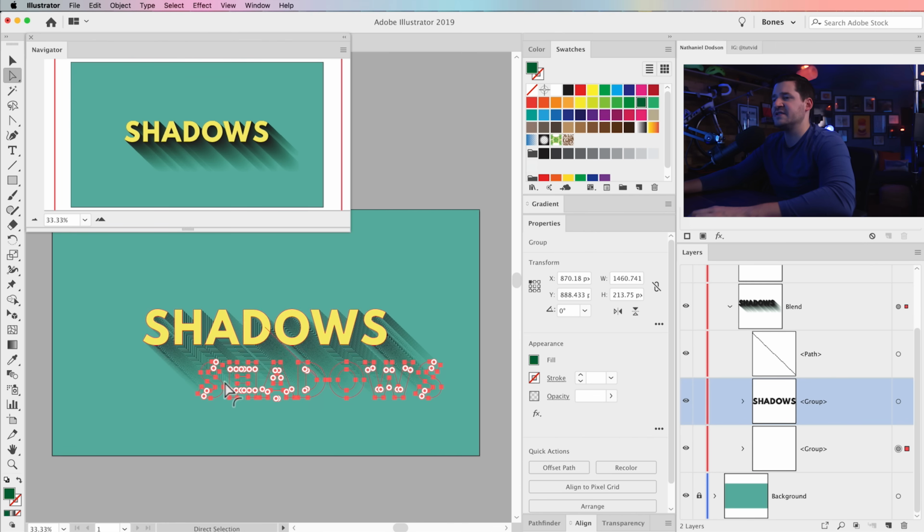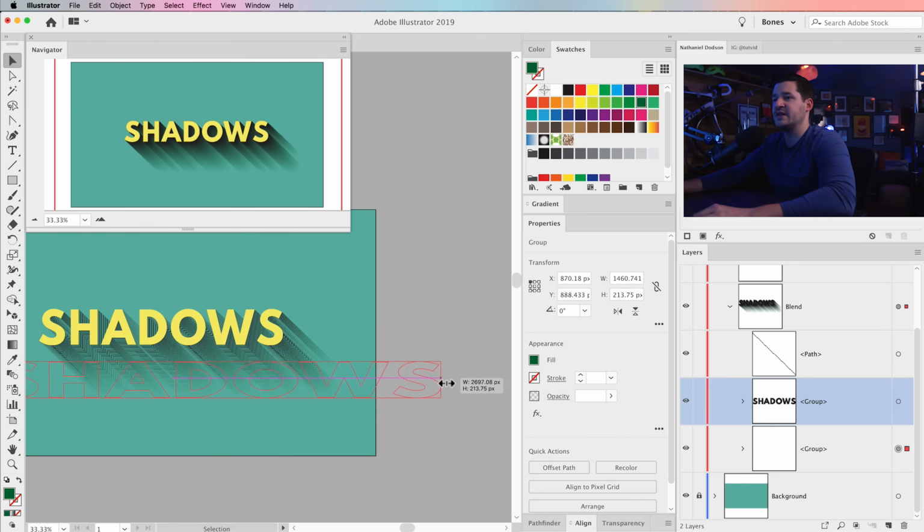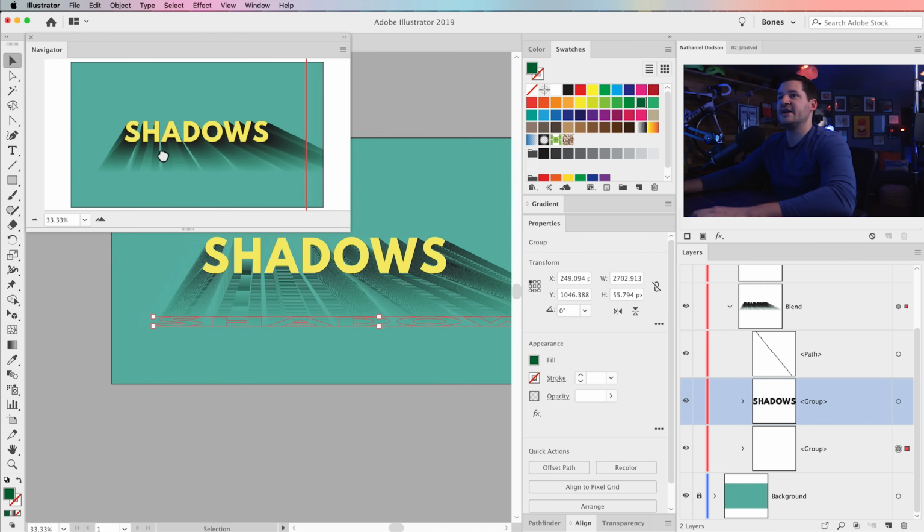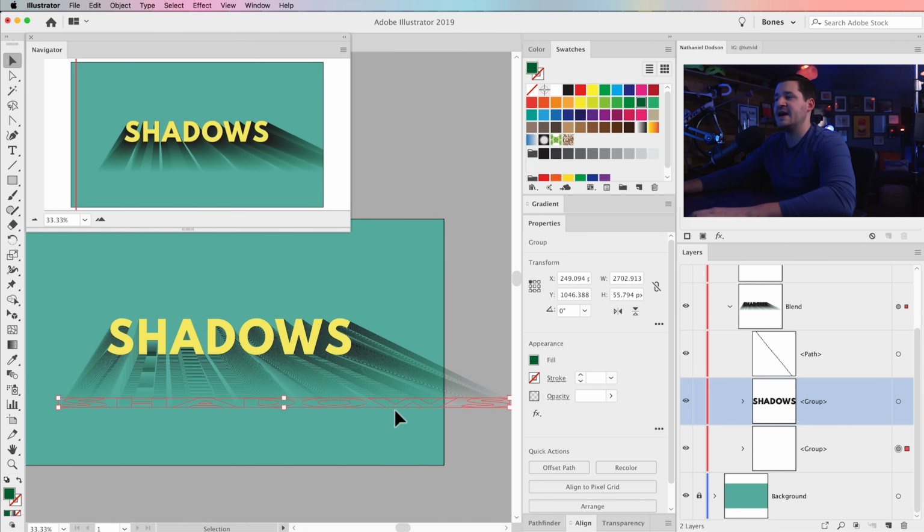You can select the shape of text in the back. Right now, it's the one we have set to 0% opacity. We can select that, and make sure you're using your black arrow, not the direct selection here, and we can change the size of this. So we could hold down our Alt or Option key and make it really wide and flat, and then maybe pinch it down so it's really tiny. So we get kind of this crazy effect. You can see up here what's going on with our shadow. It's almost this, I don't even know how to describe it. It's just this cool effect that you're going to get. And of course, we could select the overall blend and reduce the opacity once more.